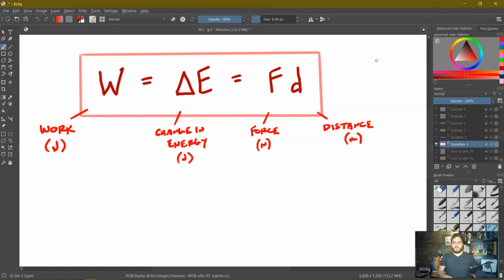So we already defined work as a change in energy. But now we can say, well, if I increase the force applied, or the distance that force is applied for, I've increased the amount of change in energy, or the amount of work. So work is simply equal to force times distance, where force, the unit, is newtons, and distance, the unit, is meters. And so we can already see here that if we're getting joules from newtons times meters, well then 1 joule is equal to 1 newton times 1 meter. A newton meter is a joule.